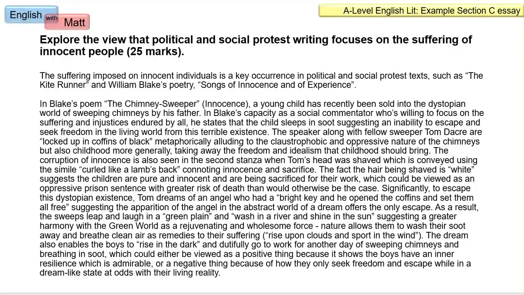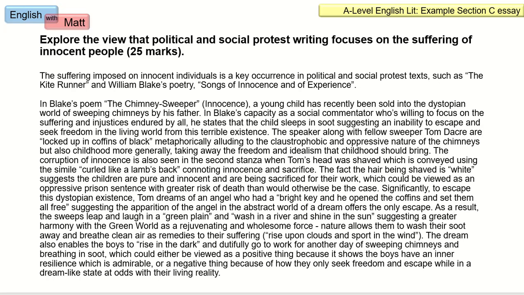Okay, so the suffering imposed on innocent individuals is a key occurrence in political and social protest texts, such as the Kite Runner and William Blake's poetry, Songs of Innocence and Experience. In Blake's poem, The Chimney Sweeper from Innocence, a young child has recently been sold into the dystopian world of sweeping chimneys by his father. In Blake's capacity as a social commentator who's willing to focus on the suffering and injustices endured by all, he states that the child sleeps in soot, suggesting an inability to escape and seek freedom in the living world from